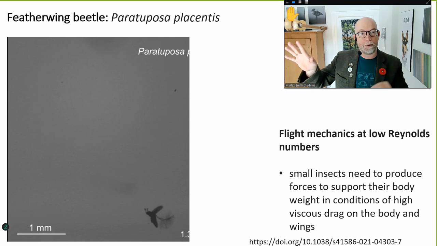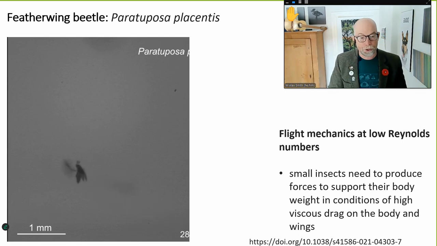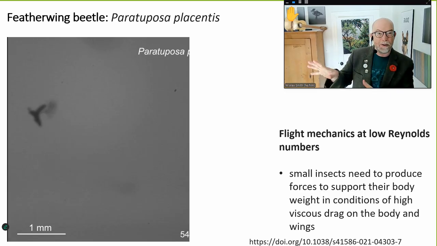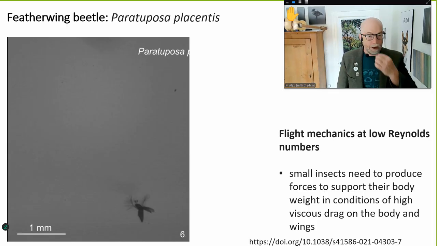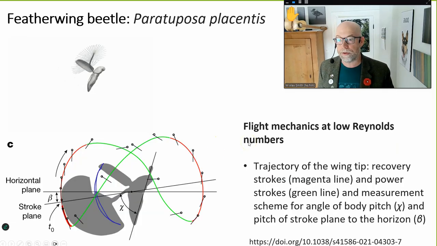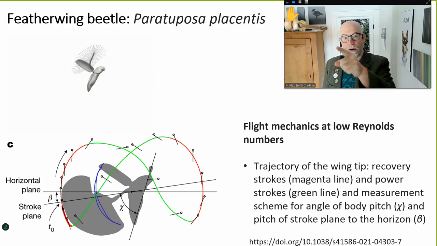This is not just being carried around by the wind passively as a very small thing. And so how are they doing it? How are very small insects producing forces that can support their body weight in conditions of a high viscous drag? There's a couple of different adaptations. One of them has to do with the structure of the wing, and another has to do with how they move their wing. So the diagram at the top, the diagram at the bottom and the video at the top